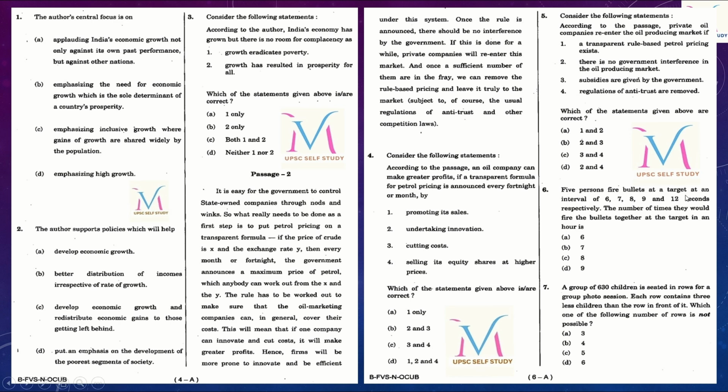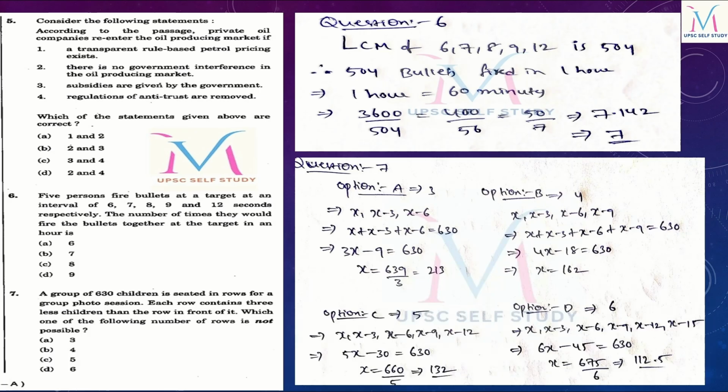If you look, you will be able to get it. Now the fifth question was regarding the passage, and this is the sixth question. 5 persons fire bullets at the target at an interval of 6, 7, 8, 9 and 12 seconds respectively. The number of times they would fire the bullets together at the target in an hour is,